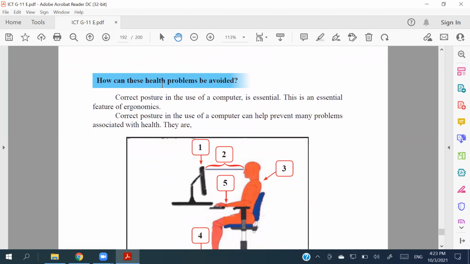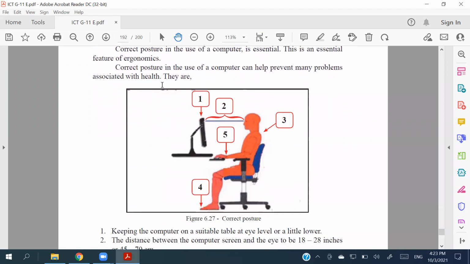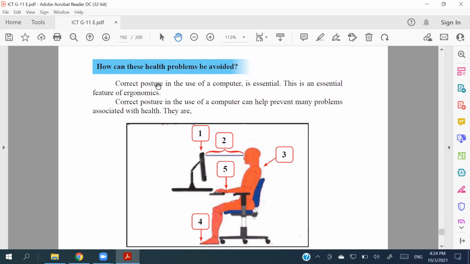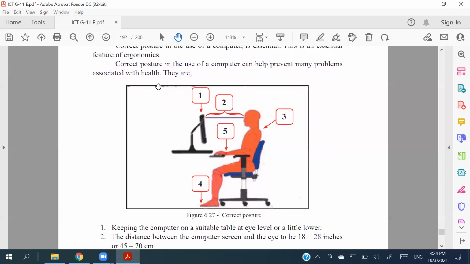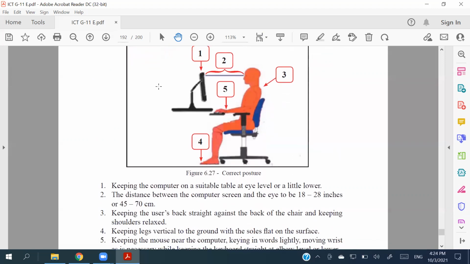If you sit properly. My mistake just now was the way I use the mouse; however much we know, when we are working in a hurry we forget that this is how it should be, right? So these are the guides that are given for a computer operator or anyone who is using the computer. You should keep 45 to 70 centimeters, about 1 meter, away from the screen. The screen and the eyes should have that distance, right?